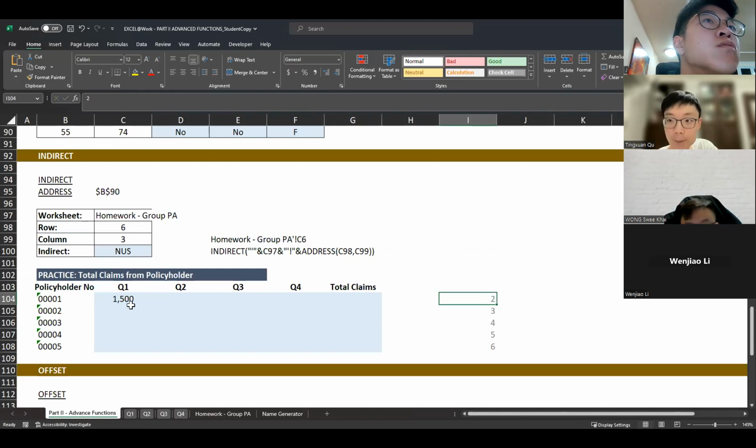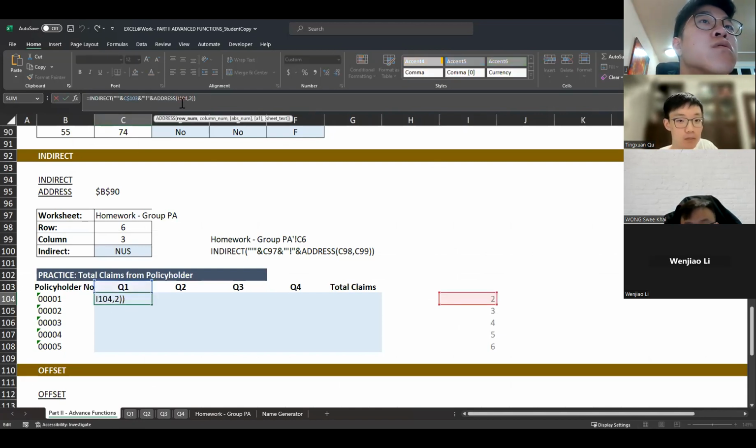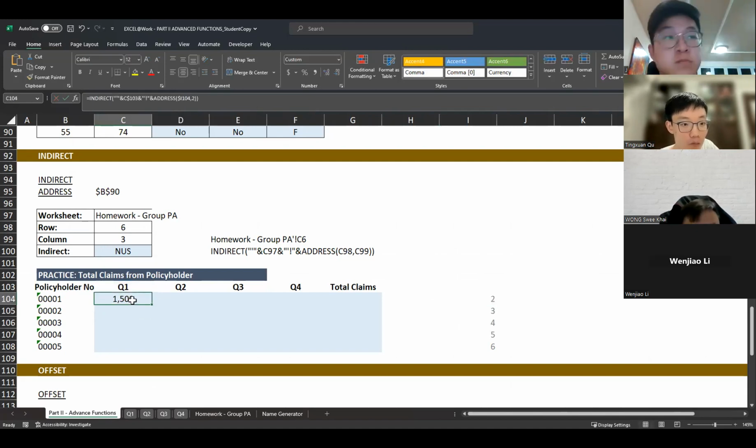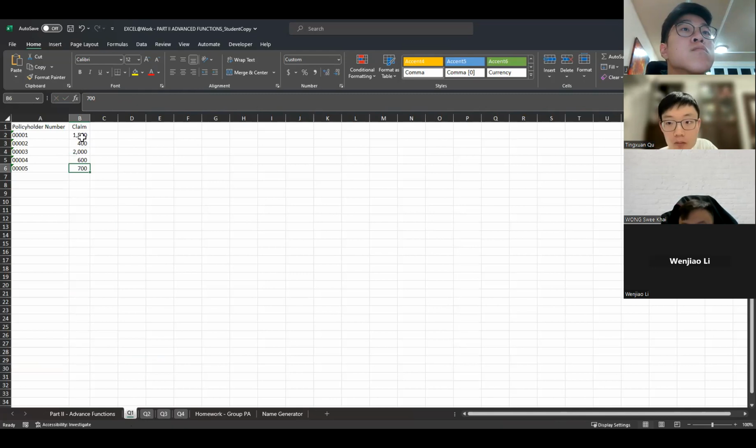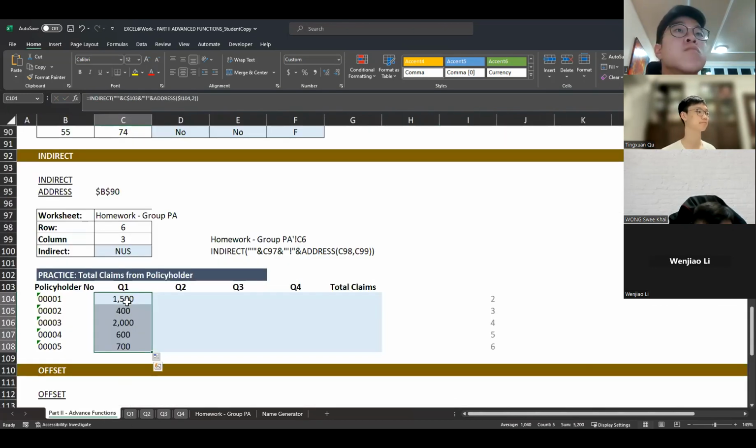Okay, so then let me lock the column. If I drag this down, I should get this amount, which is exactly equal to this amount over here. So that's how the INDIRECT function works.